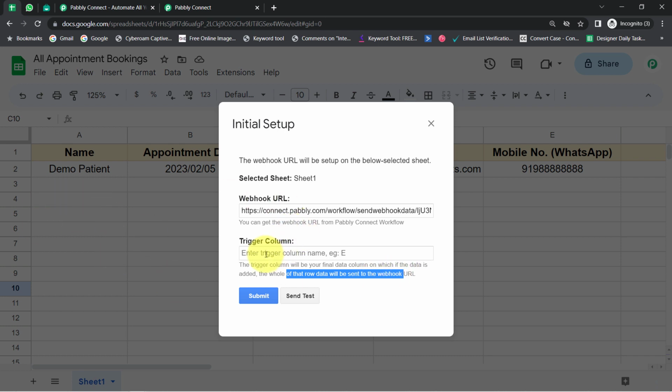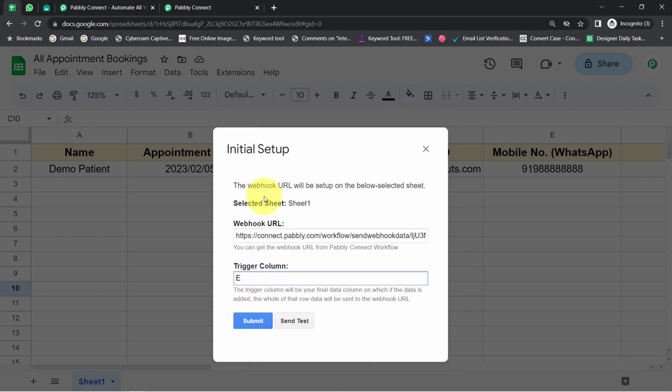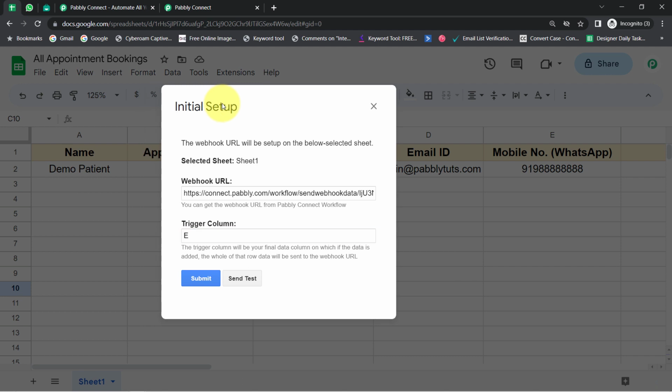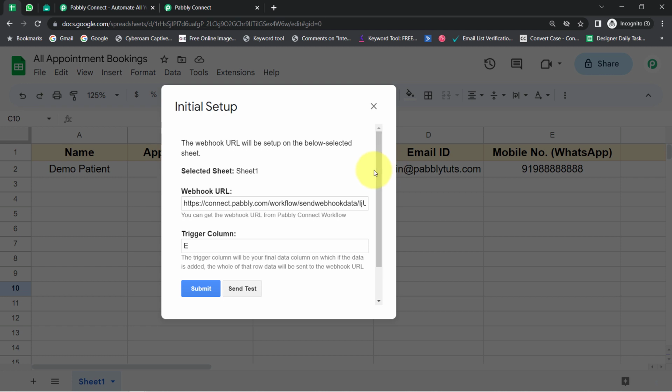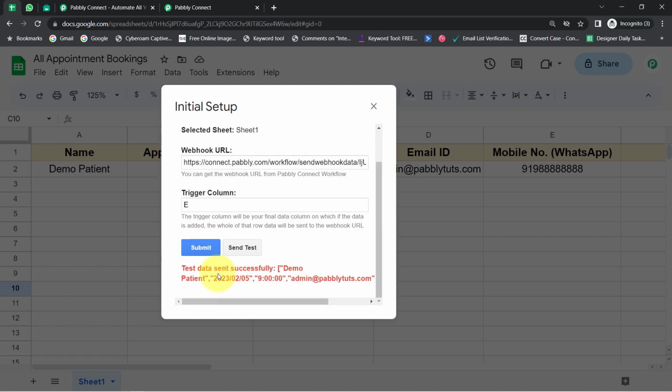So basically it is asking to provide a column name on the filling of which this automation should trigger, or you can say the data should get sent to Pabbly Connect. Okay, so in this case whenever I am going to fill one row, my data will be filled up to E column, and as soon as this E column is filled, this automation should trigger. So that is why I have specified E here as the trigger column,